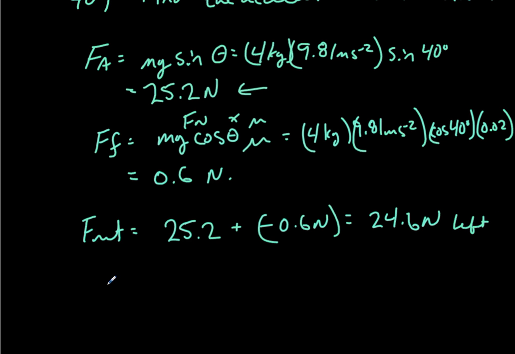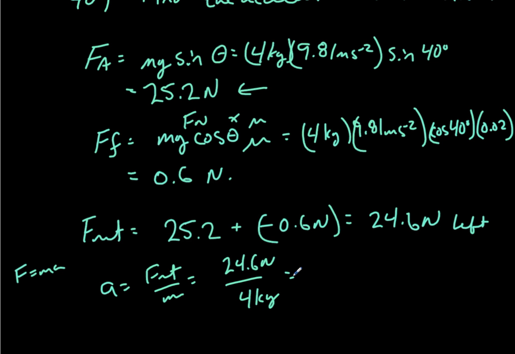Now we want to find acceleration. If F equals ma, then a should be equal to the net force divided by the mass. So 24.6 newtons divided by the mass, which is 4 kg, so a little over 6. 6.2